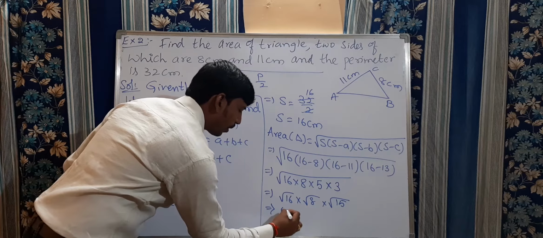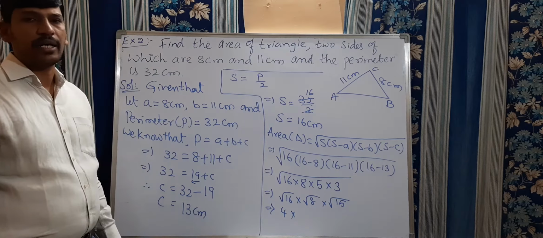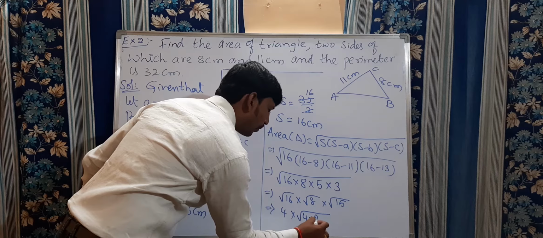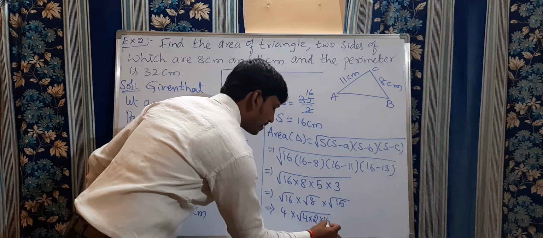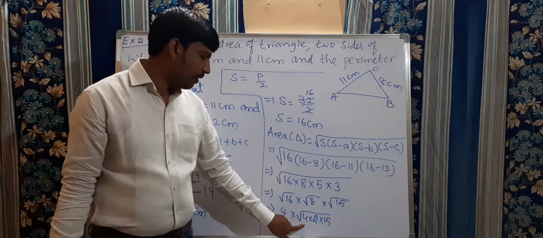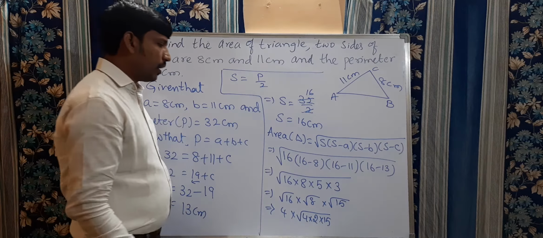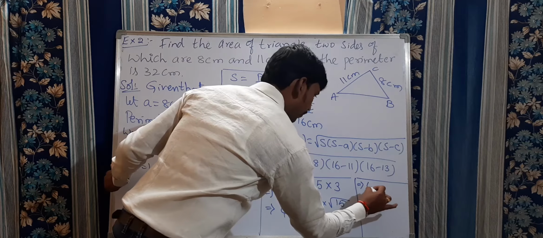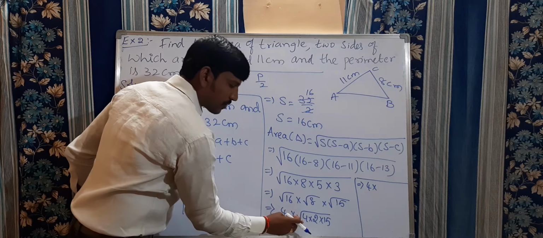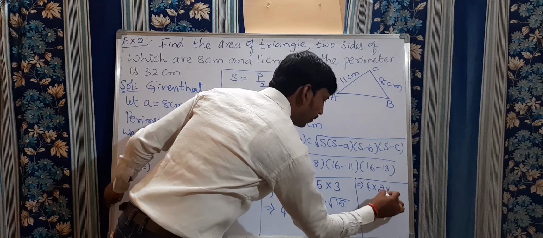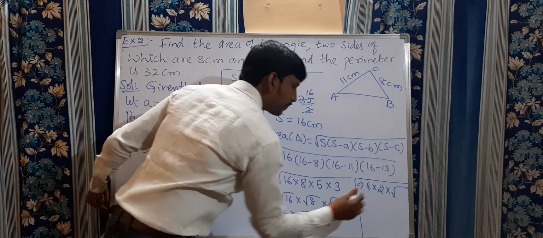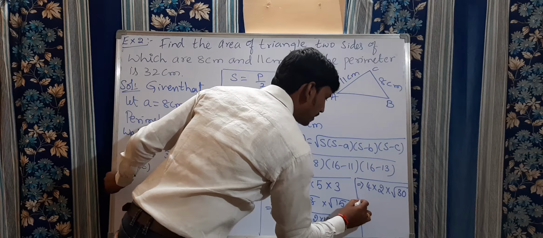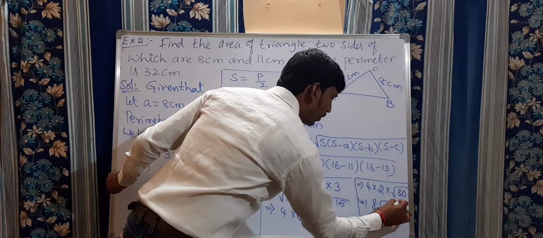That is 4. And square root of 8 can be written as square root of 4 into 2, into, here this is 15 as it is. Right? Again the square root of 4 will come outside. That will become 2. Okay. Now I am going to do a simple calculation here: 4 into 4 as it is, square root of 4 is 2, into root of 2, 15s are 30. Okay, now this will become 4 2s are 8. That is, the answer is 8 into root 30.